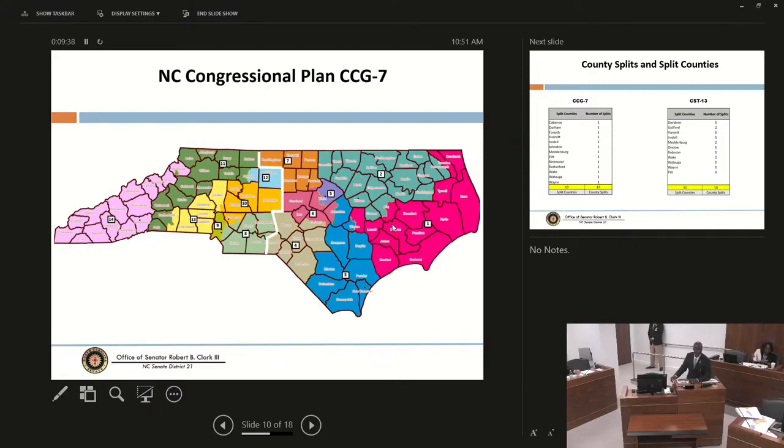In my initial version, the CBK4, inadvertently, I guess I had gone up too high, and I took a precinct that inadvertently split Lillington in half. And one of the speakers at the last public hearing lamented that she did not appreciate someone putting a map out there that split Lillington that way. So I wasn't sure that I was the one who did that. But I went back and looked at my map, and lo and behold, oops, ouch, it was me. So I said, well, let me take that precinct and put it up there in the 6 and take it out of 4.